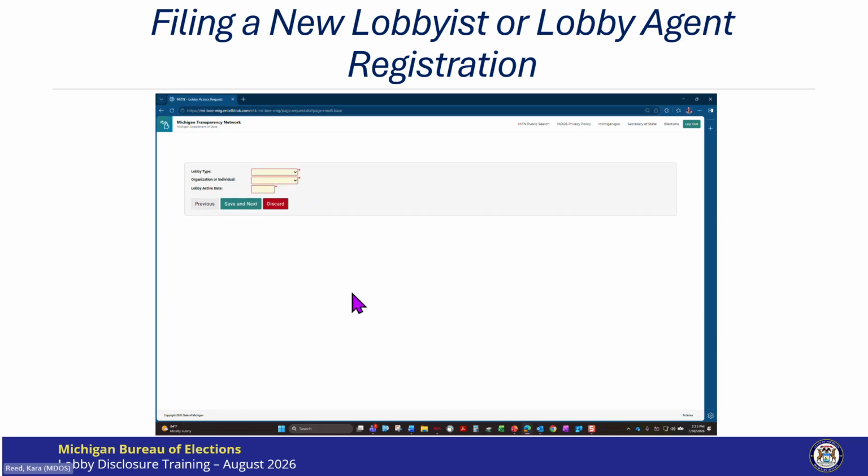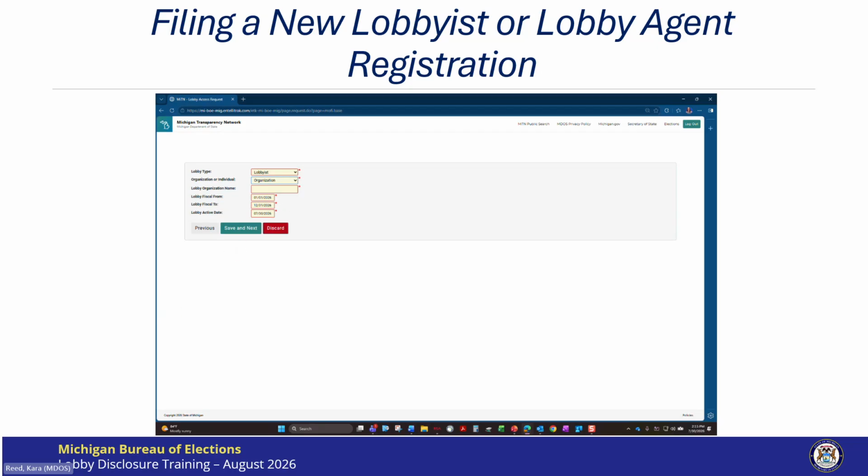The next screen is where we add the demographics of our lobby ID. The first field is where you will choose the lobby type you are registering. I will be creating a new lobbyist organization registration. As you can see, when I selected lobbyist, new fields for lobby fiscal year show.